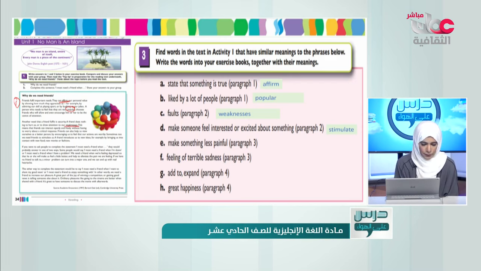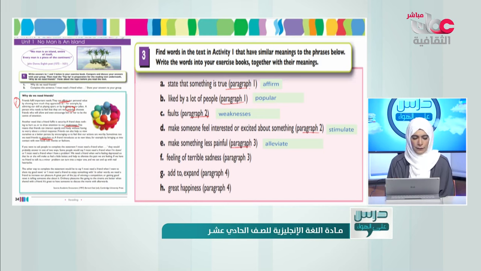You can grab or search about the word. Here you have it. Second line starting from the end of paragraph number 2. Make something less painful. So you start to make connections between the word, the meaning, and the context. Try to find. Here they are trying to highlight the paragraphs and you're supposed to work by yourself. Just try to move on the vocabulary. Make something less painful,